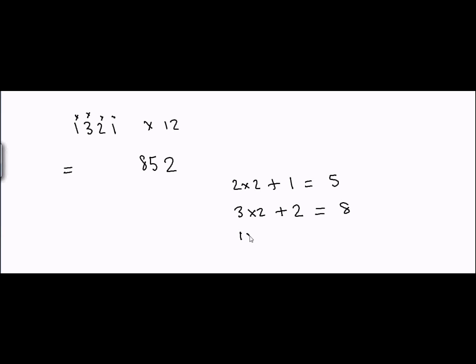So let's see if this is correct or not. I say 1 3 2 1 multiplied by 12, so that is 2 4 6 1 and 1 2 3 1, it will give me 2 5